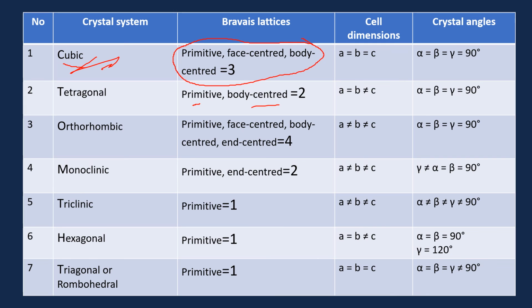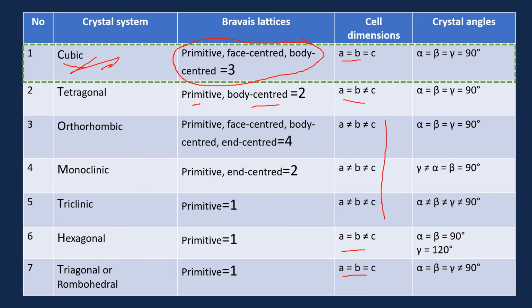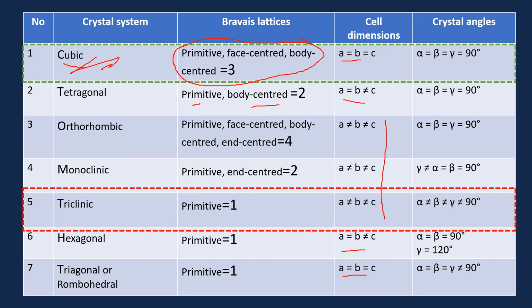And these are the cell dimensions, and how can you memorize these cell dimensions? It's easy. The first one is repeating in the seventh one. The second and sixth are the same, and in the center all three are the same. In this table of crystal systems, the cubic crystal system is considered the most symmetric one. That is, all the dimensions are the same, all the angles are the same. And triclinic is considered the most unsymmetric one. You also remember that the orthorhombic unit cell has all four types of Bravais lattices.